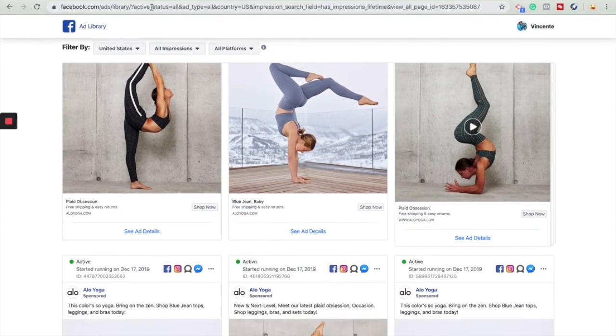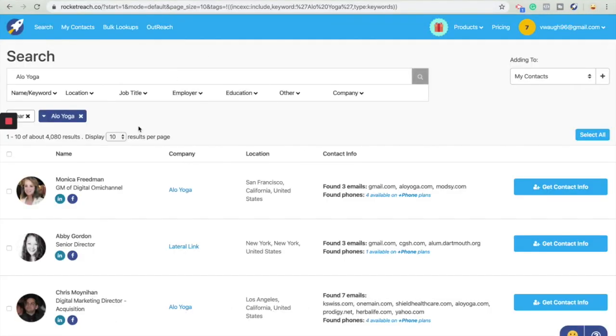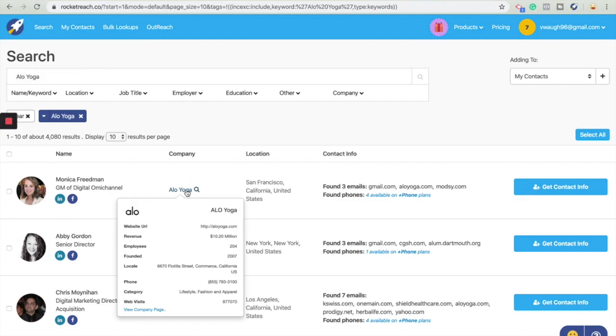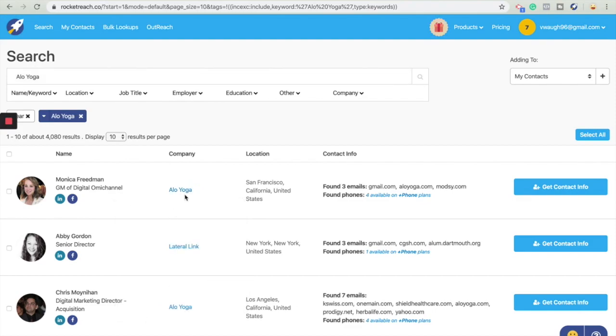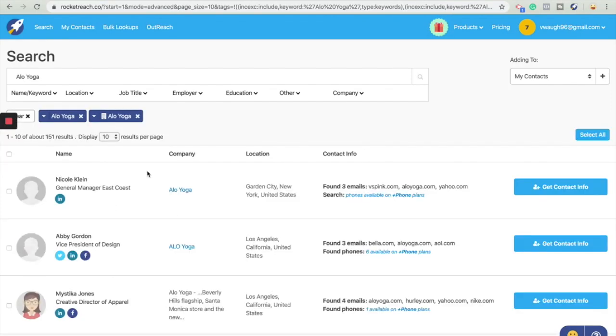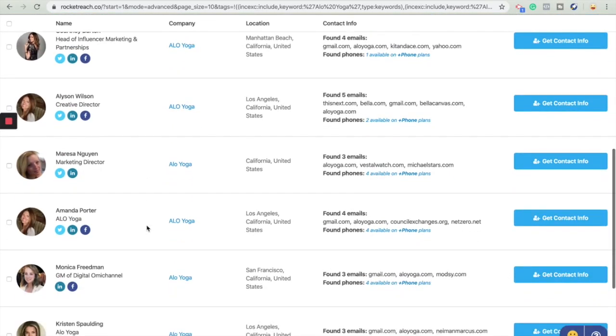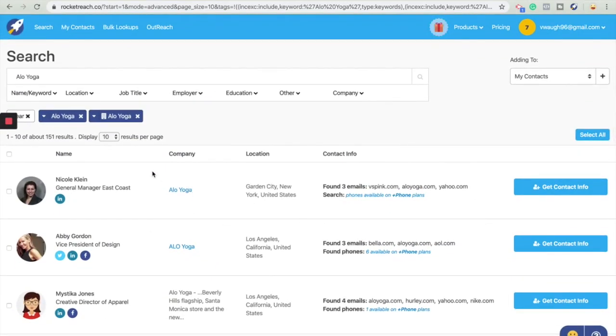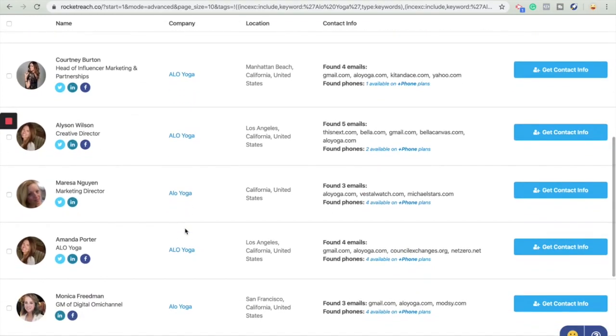Now, how can I get outreach to these people? It's easy. You put the business into Rocket Reach, and it allows you to not only get access to the company's name, but the company's team, understand how much money they've made, and how you can outreach to them. So you can see here, I now have access to emails and names of tons of important people in that business that now I can make some initial contact with to get in front of these people.